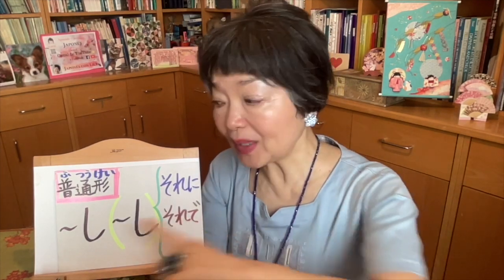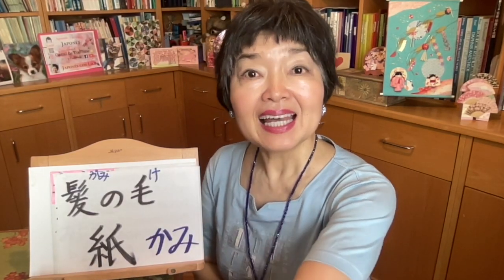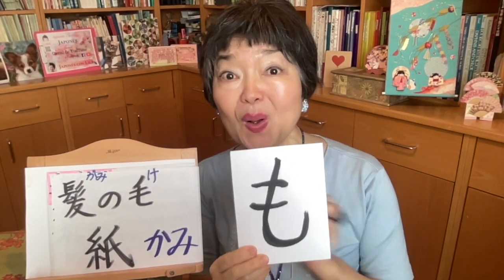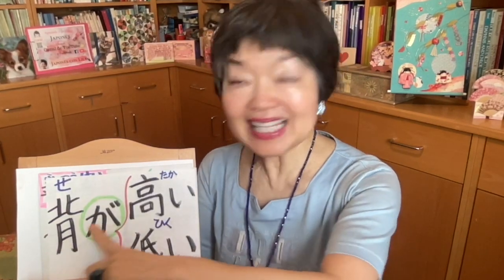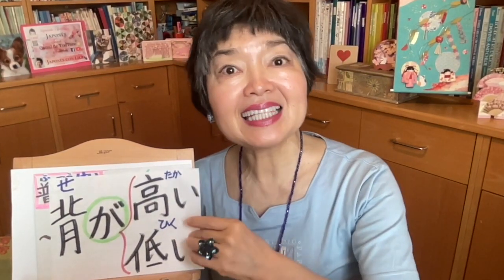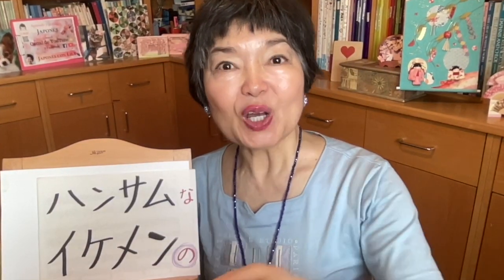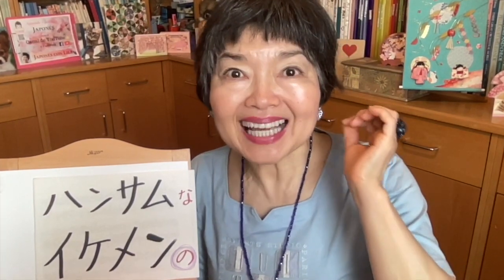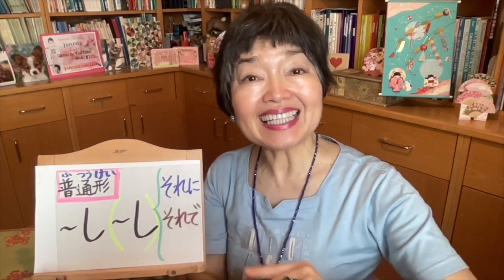In this way, we can say it with し, but this is not a relative clause. この男の人は髪の毛も短いし、背も高いし、それにハンサムです。